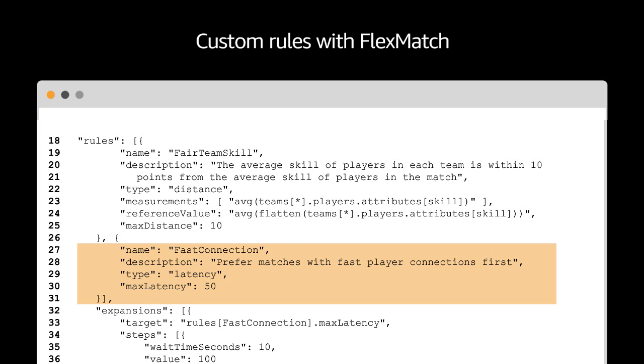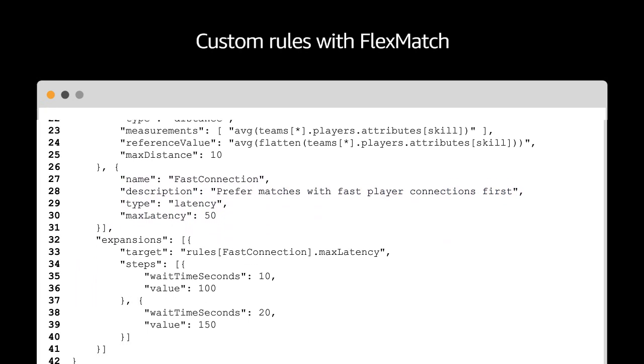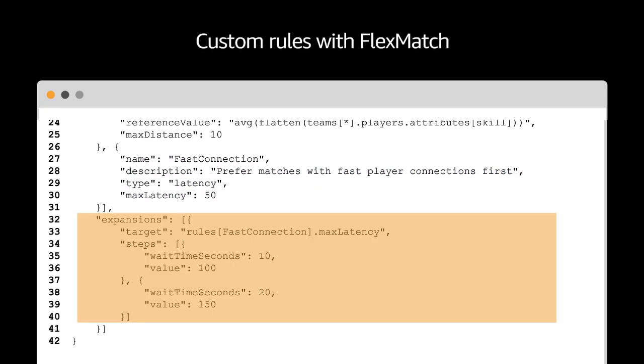Finally, I want to dive into my favorite part of the rule set. This is where you can turn over some of the tuning of the matchmaking process to FlexMatch and let it determine what the best thing to do is for you. This section is called the expansion section. Here we're going to take a look at that max latency rule that we just defined above, and we're going to look at the wait time in seconds of players in the match. If players are waiting for more than 10 seconds before they get in a match,